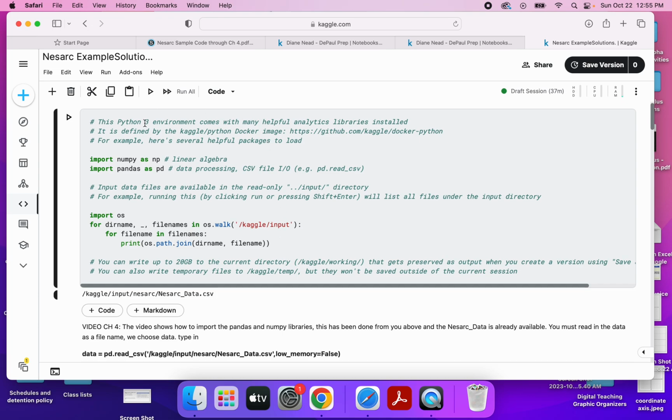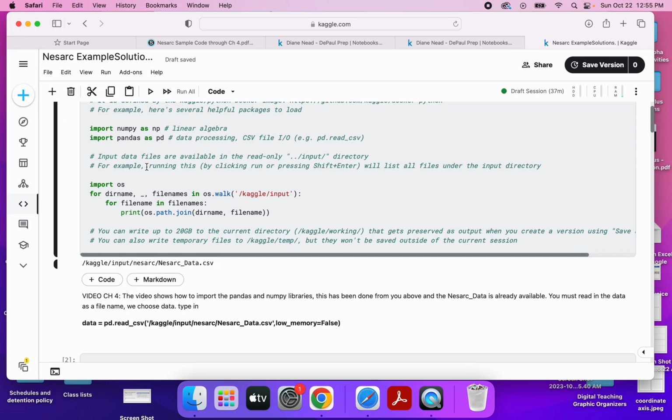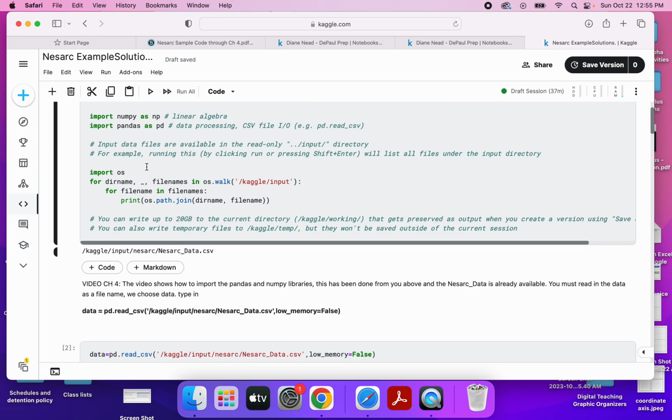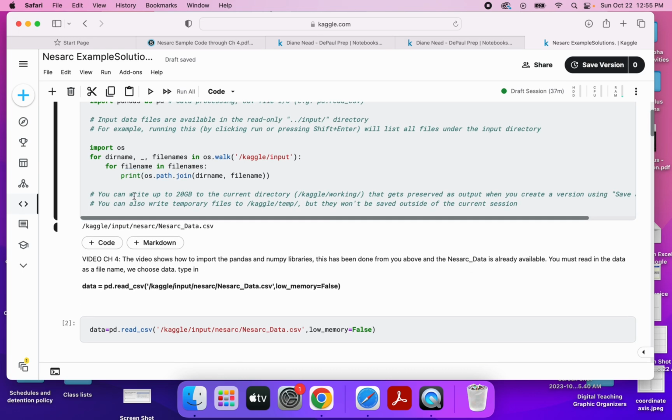So part 1. We already have the beginning of our program. We're importing the libraries that we need to run our program. And now we're going to import the file that we need, the Kaggle file. So remember from before, whenever we import a data file, we have to name it. So we're going to name it data because they named it data in the video. For your personal project, you can name it whatever you want. So we have data and then we have equals. What is our data? Well, we're reading in the data file, the NESARC data file that I put on Kaggle